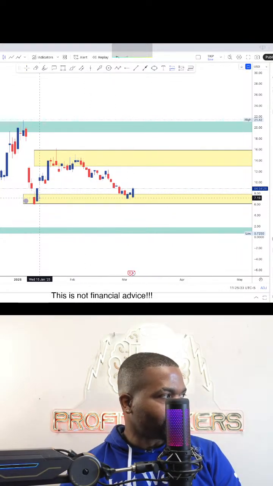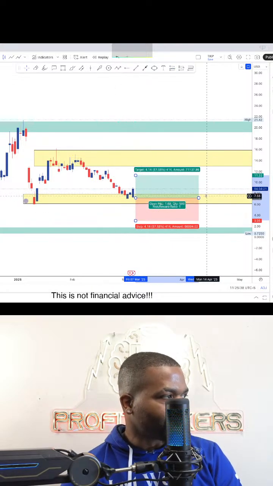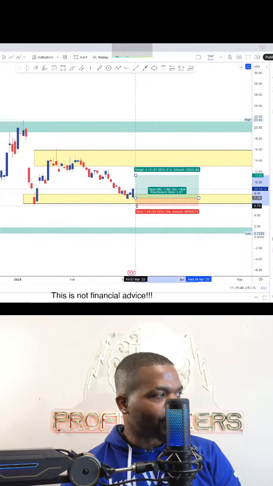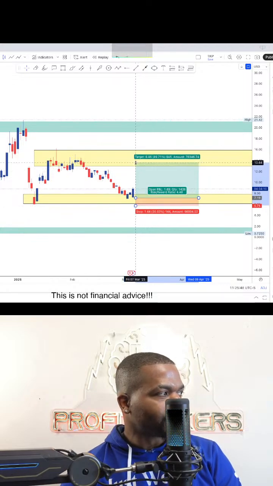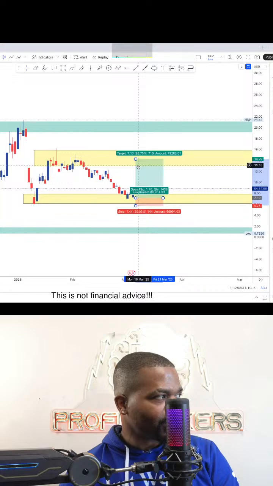This would have actually been the best entry right here for you. You're kind of a couple dollars away from it. Let me see, $7. What's that right now? $8, almost $9. That would have been the perfect entry with the stop loss right underneath this area. And since you're in range, I would have traded towards this level